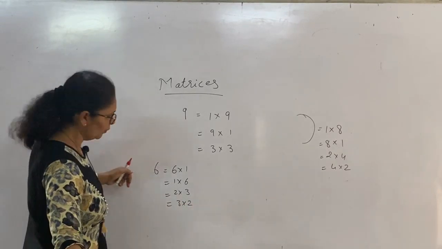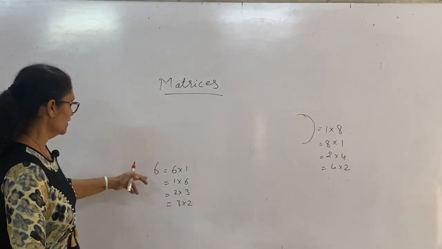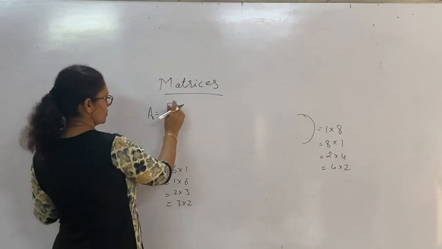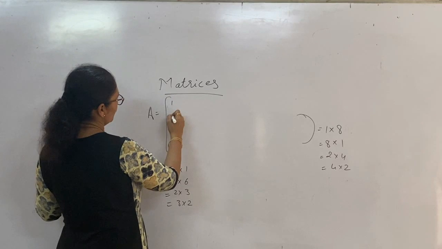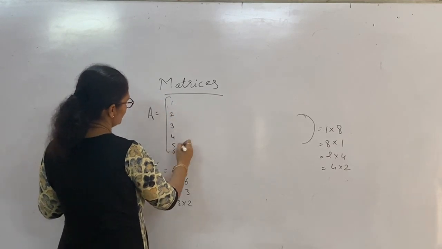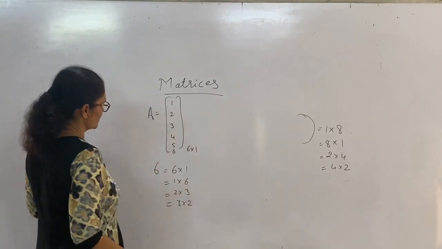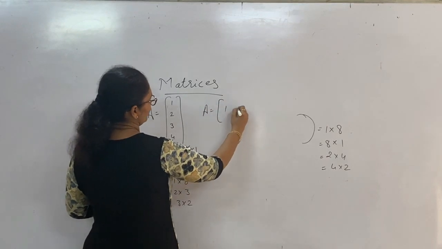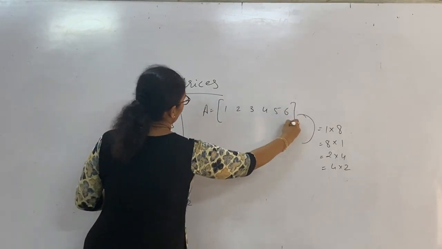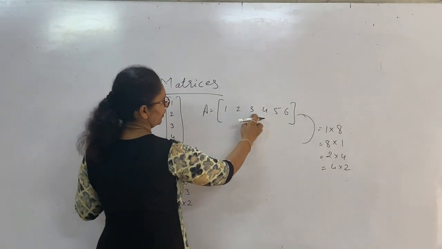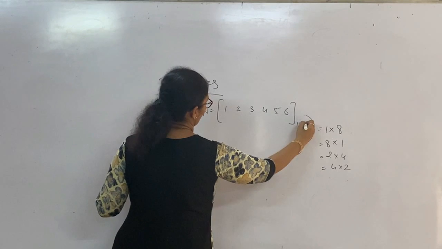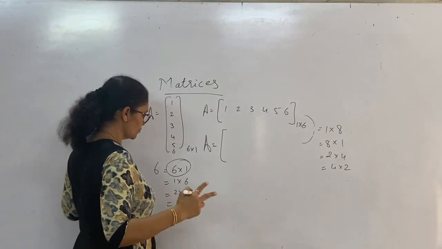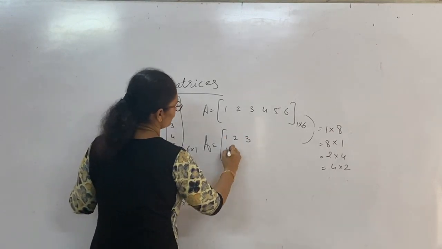Now we will take one more example with these 6 elements. Let's take A, 6 rows and 1 column. So 6 rows. First, 6 rows, how can we write? 1, 2, 3, 4, 5 and 6. This matrix is called 6 by 1. That is the first type. Now second, 1 by 6. Let's take 1 row and 6 columns. So 1, 2, 3, 4, 5, 6. Columns are 6 and row is 1. Same way, let's take 2 by 3. 2 by 3 means 2 rows, 3 columns. So 1, 2, 3, 4, 5, 6.